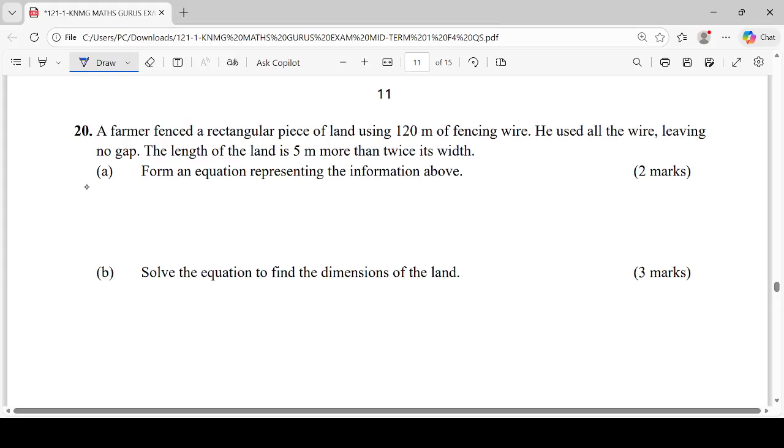First of all, what I want you to understand is that this is a rectangular piece of land. They are saying the length of the land is 5 meters more than twice its width. So if this is K, what will be the measurement for the width? Twice the width will be